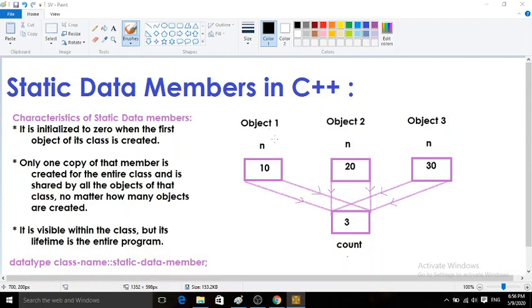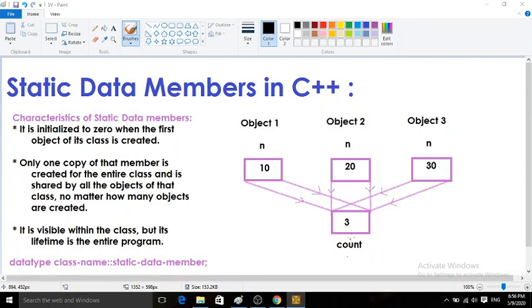Every object will have data member, that is integer n. So object 1 n was 10, object 2 n was 20, object 3 n was 30. For n, separate memory allocation is done for objects 1, 2 and 3, but all these objects share the memory allocated for the static variable count.